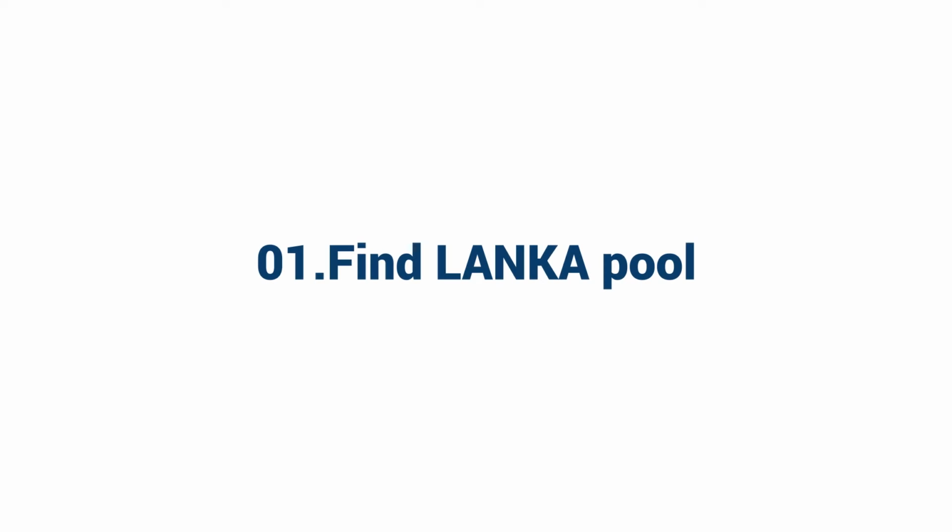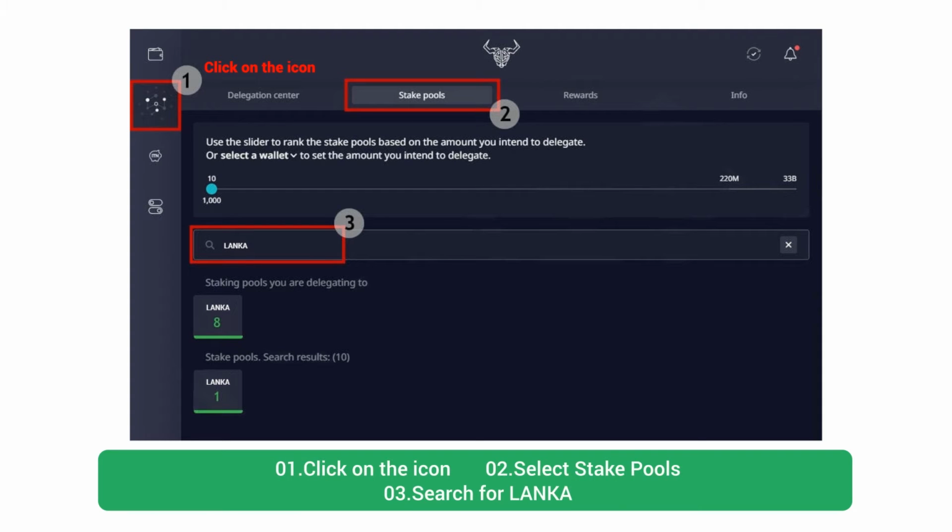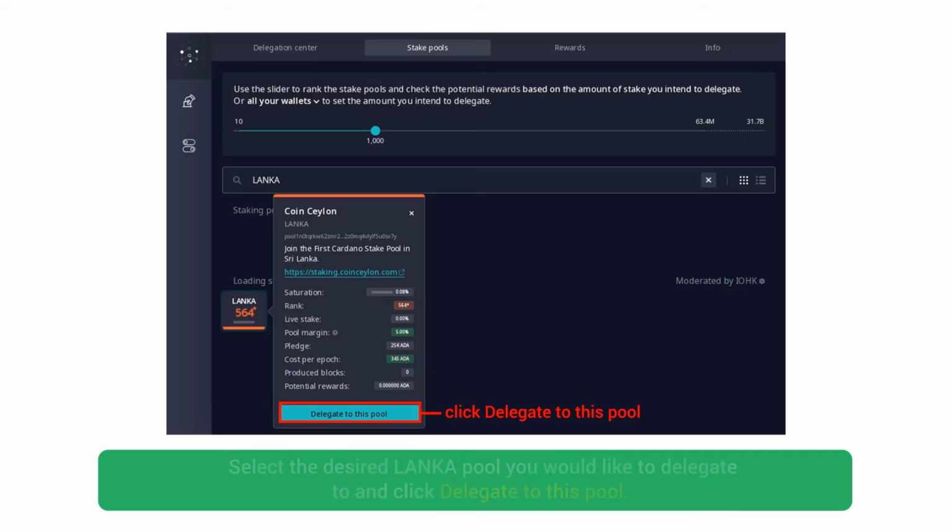Lanka Pool. Number 1. Find Coin Ceylon Lanka Pool. Click on the icon. Select Stake Pool. Search for ticker Lanka. Number 2. Select the Lanka Pool. Select the Coin Ceylon Lanka pool you would like to delegate to and click Delegate to